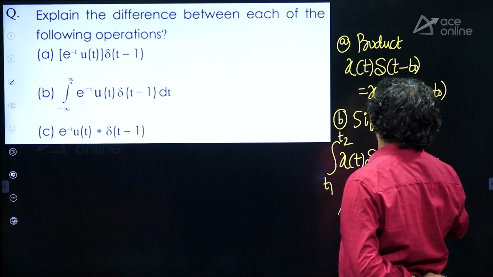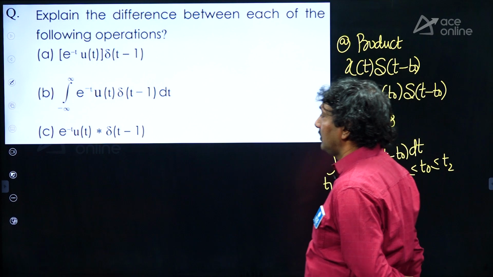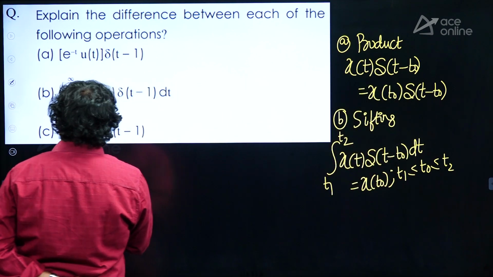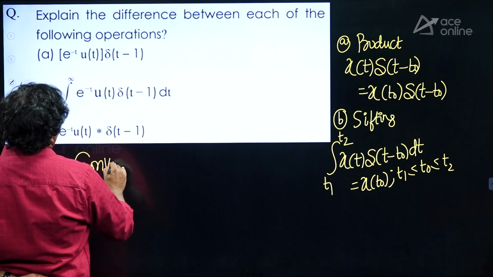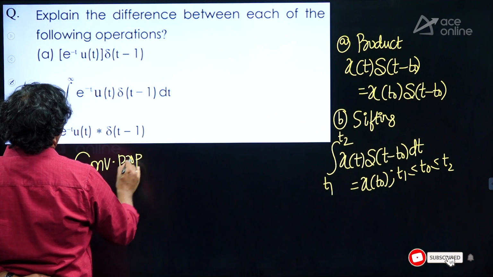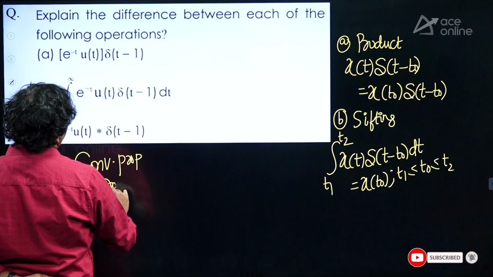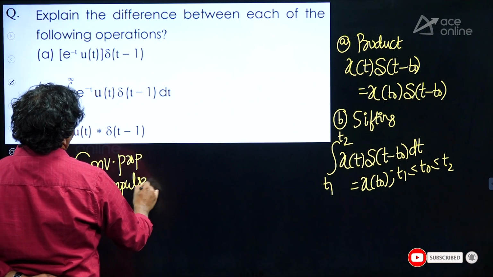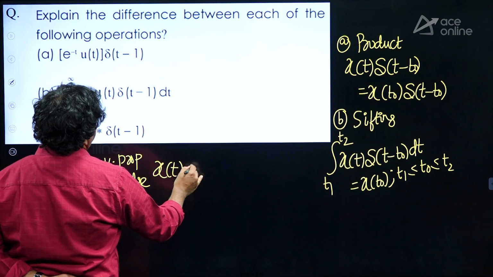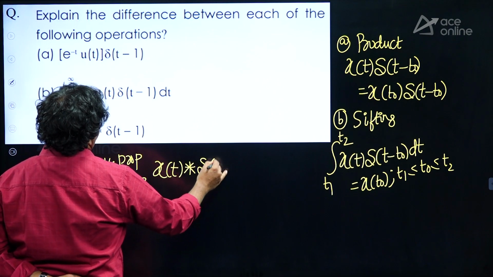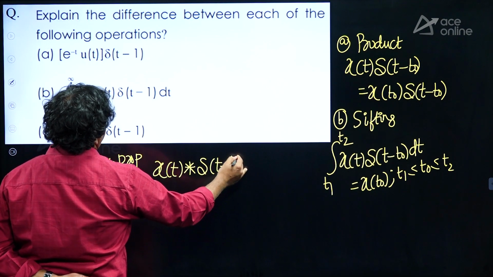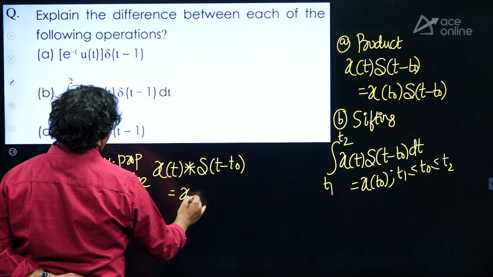The shift should lie within the limits. Whereas the last one is the convolution property of impulse: x of t convolved with delta of t minus t naught equals x of